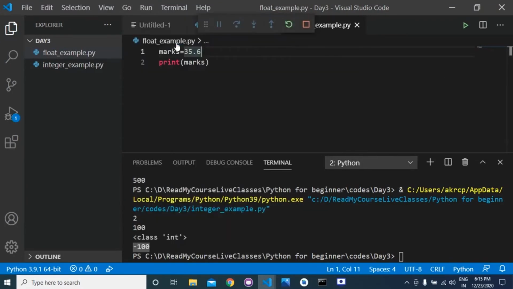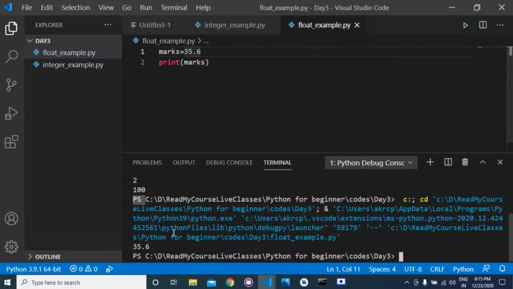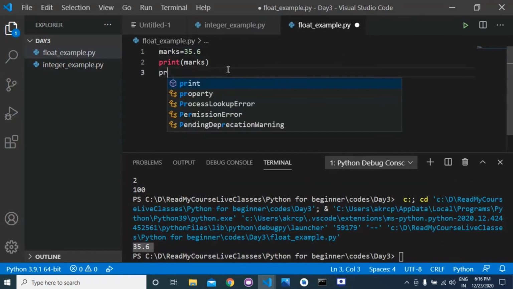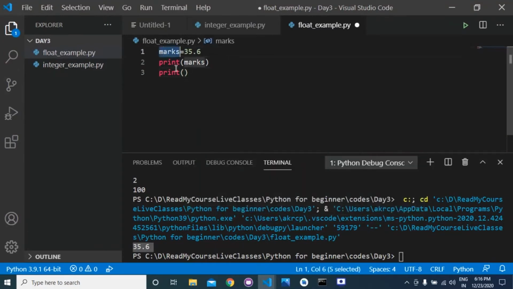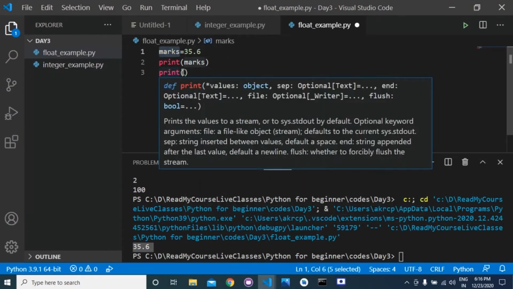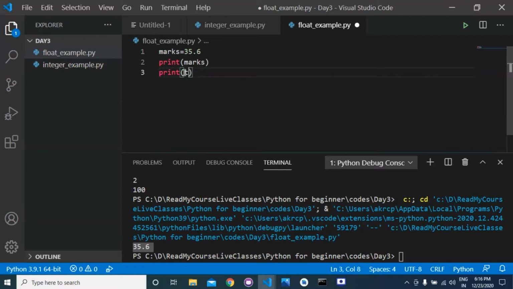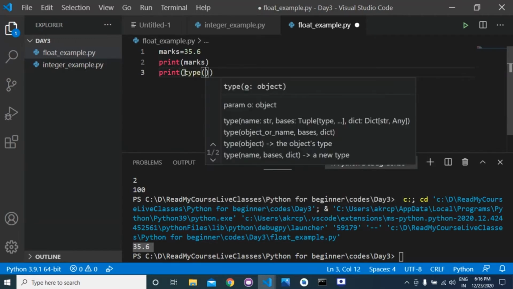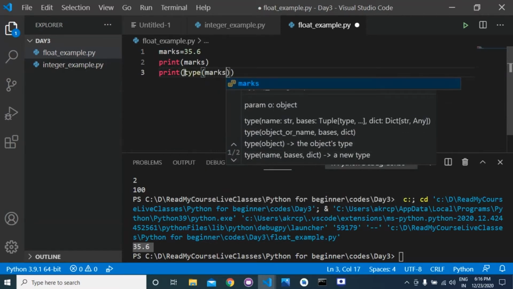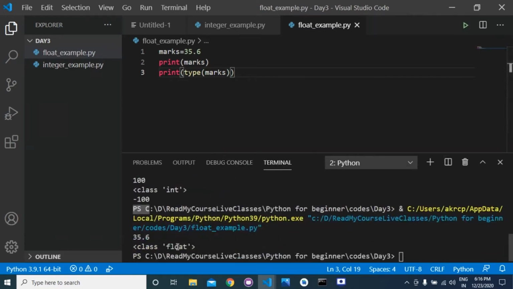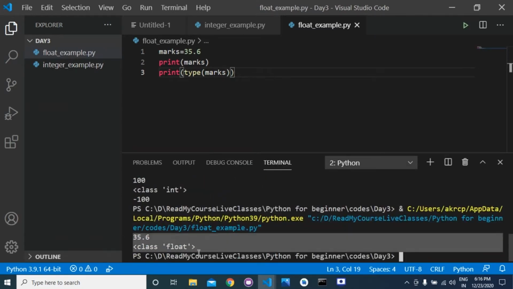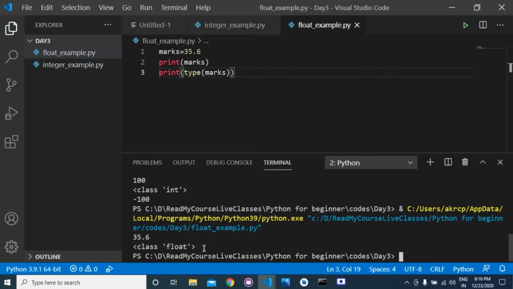I'm running this program, so it is giving 35.6. Okay, and if you print the type of marks, it will print float. Is this clear everyone?